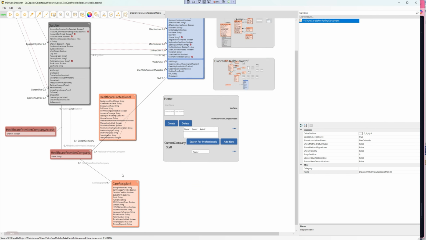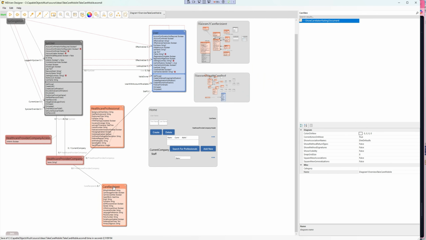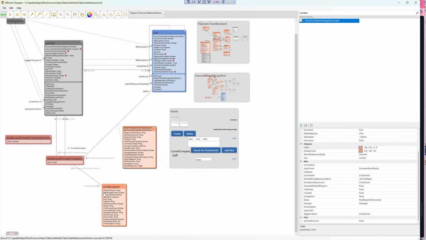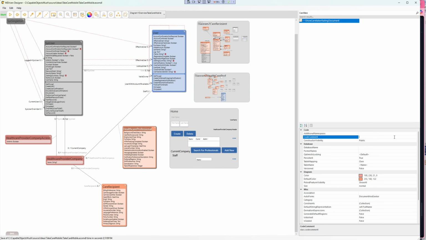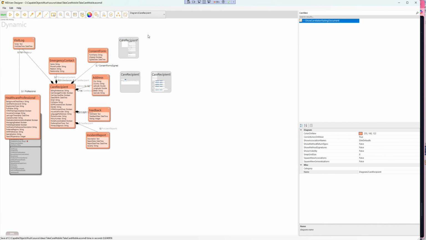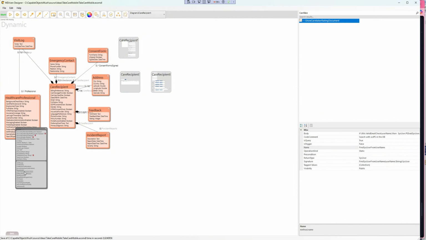So it's been changed everywhere, and I think this is good, for me at least. It will make it easier for me going forward, that the care recipient is actually sort of the patient. And if I want to remember that even further, I can go co-comment on this. Good. So that was one of the diagrams, and then I have another diagram for the care recipient itself, where